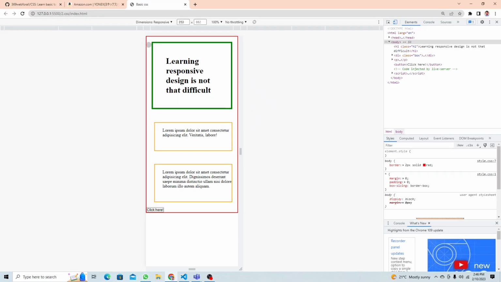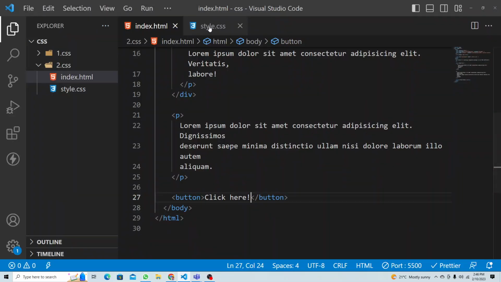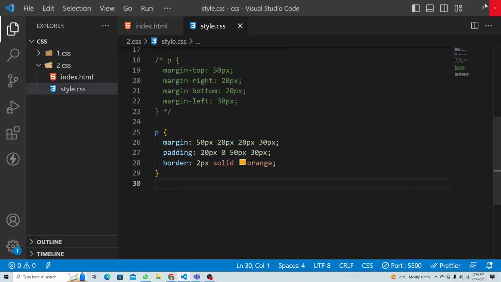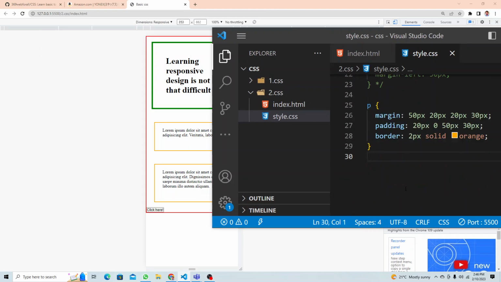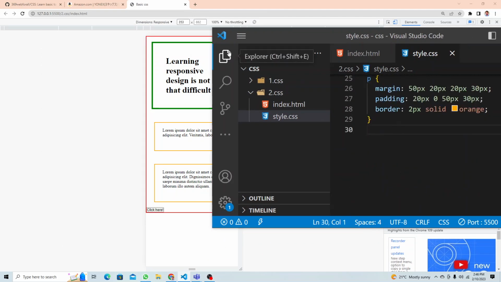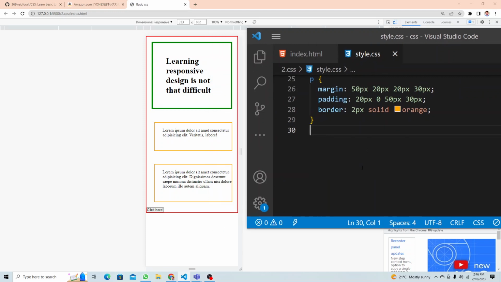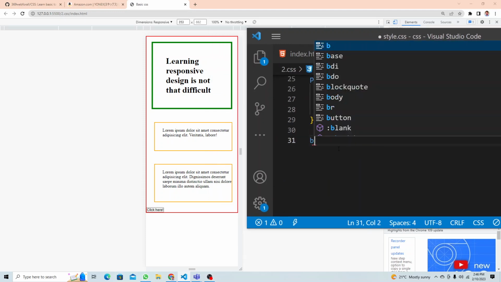And let's go back to our page. So it looks something like this: see that there is a button, "click here." I want to make it a nice button, right? So how are we going to do that? So let's minimize this. Okay, I will now select the button tag,